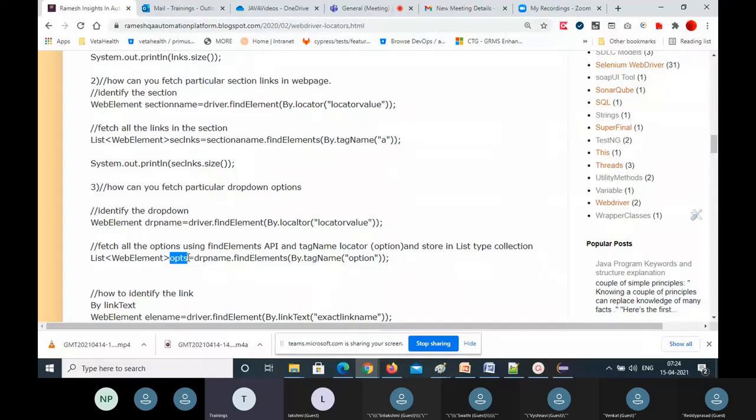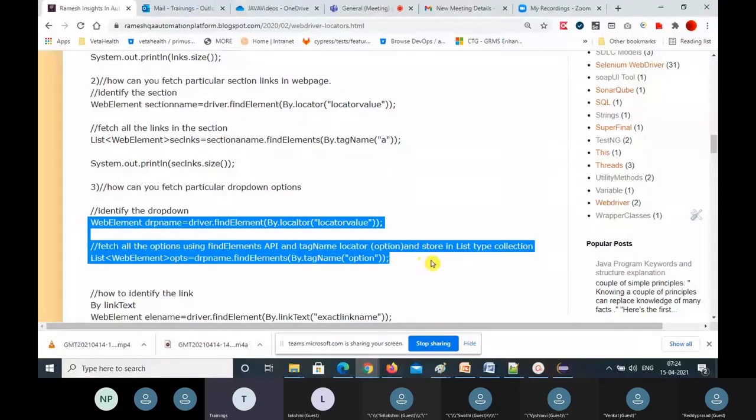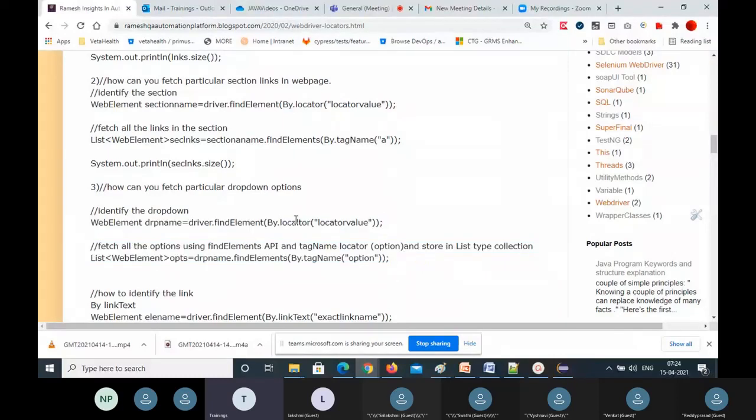In the web page, so many drop downs are there. Whichever drop down's options you want, you specify that here. You give that drop down locator here, and you recognize that drop down at the top. Then you pass that drop down reference here to fetch only that drop down's options. This is the code for working with drop downs. When working with drop downs, you have to write two lines of code as they are. The only change comes in the locator value and the name, whatever name you are giving, but the remaining part keep as it is.